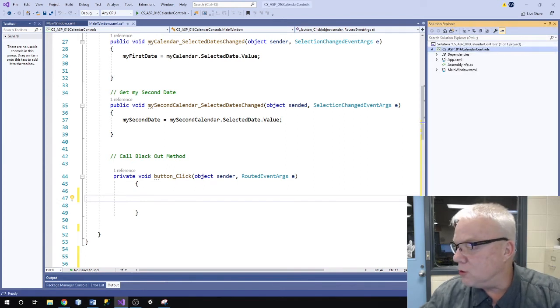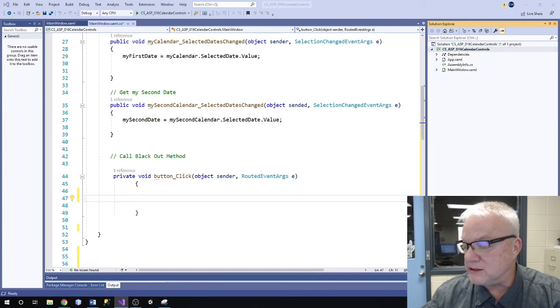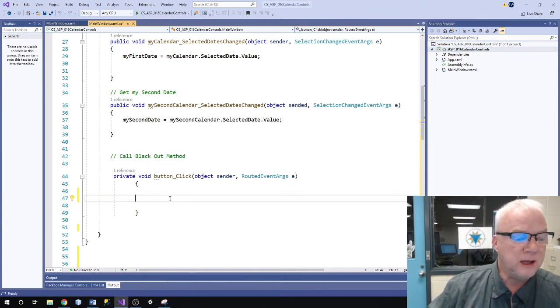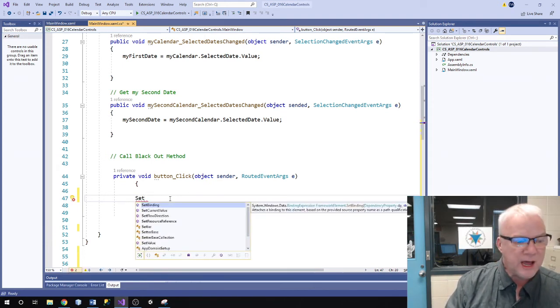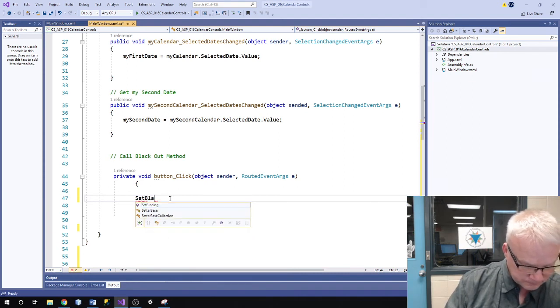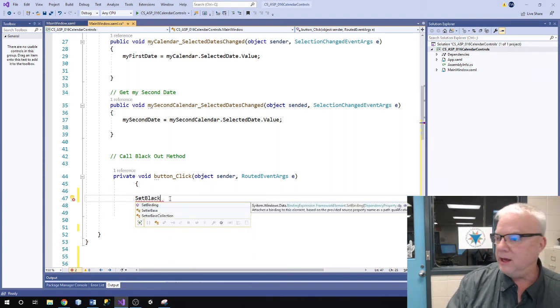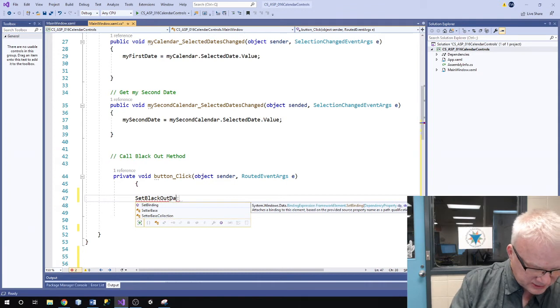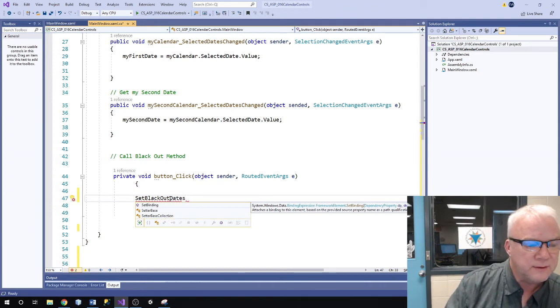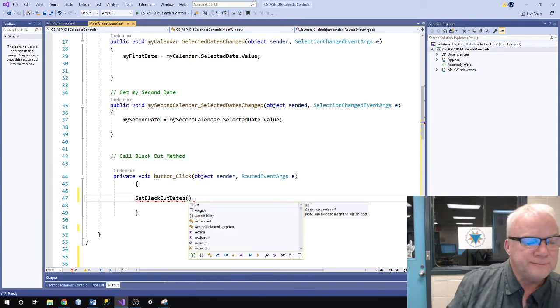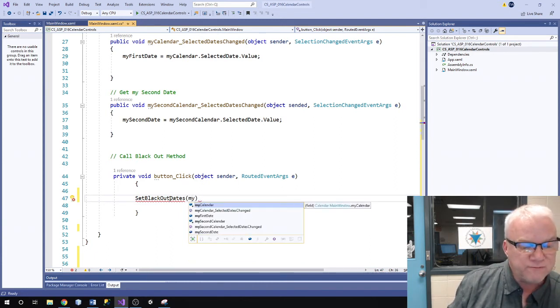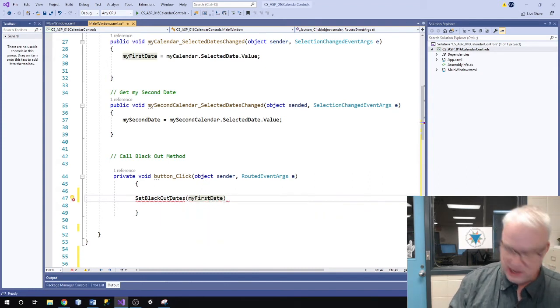And we were saying we're going to put in here call blackout method. Okay, and so I put that in, and that's off my button click. Okay, and so the question is, well, what are we going to do with that? For some reason, this is disconnected here just a little bit, and I'm going to put that right there. Okay. And so what I want to do is I want to say inside of here, I'm going to write set blackout dates. And I'm going to put in here my first date, if you remember correctly,